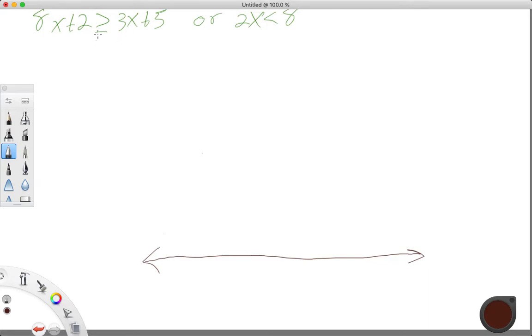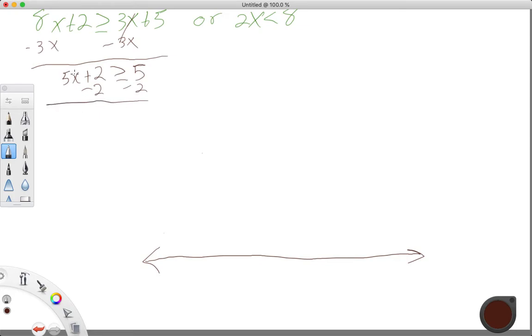I'm going to move my 3x off of this side first. So subtract 3x from this side, subtract 3x from this side, and 8x minus 3x is 5x. Didn't do anything with the 2, so I have to keep that. Greater than or equal to 3x minus 3x, that goes away, and that's just going to leave me with the 5. And I'm going to subtract 2 from each side,